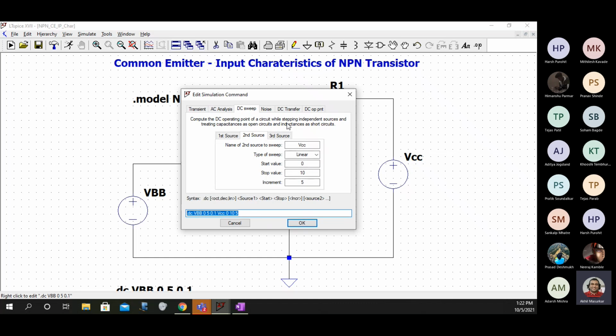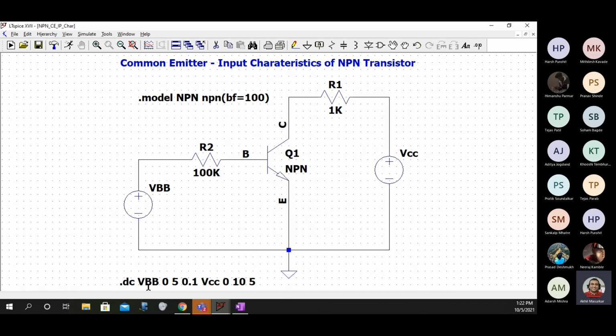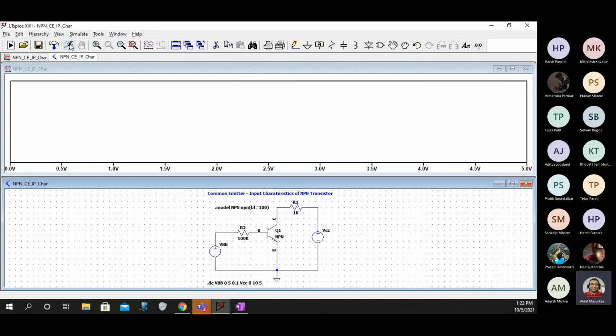The editor is taking the values from you and automatically listing down everything. So you can just say OK, and once you say OK, you can see a .dc statement appear here.